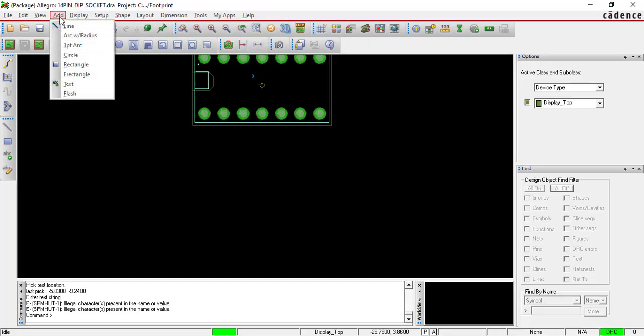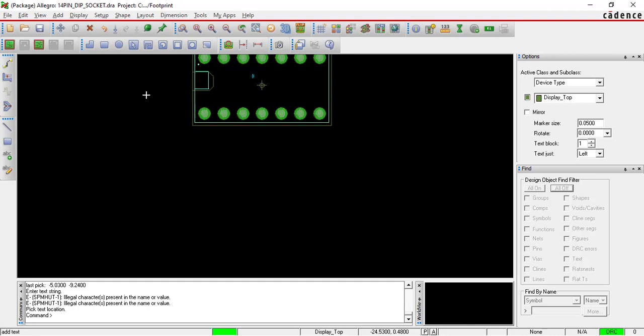Go to the add, take text, select from active class device type, display, right in subclass display top, right here 14_DIP_SOCKET.